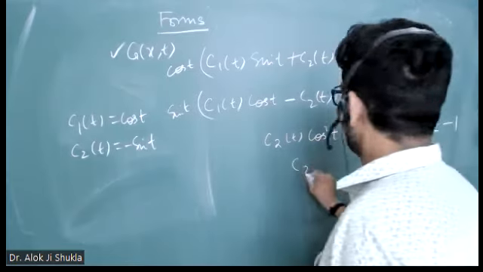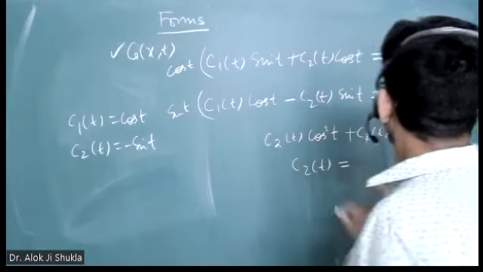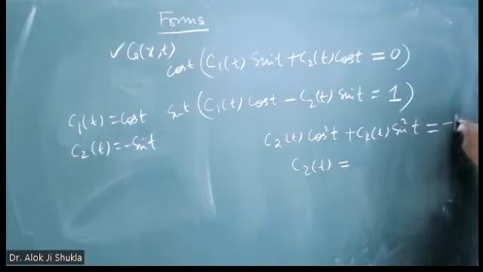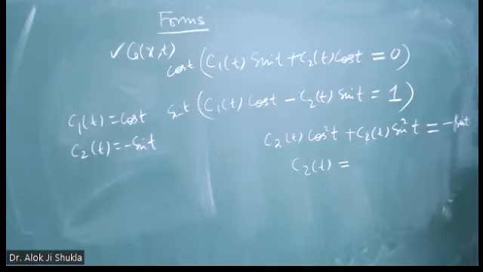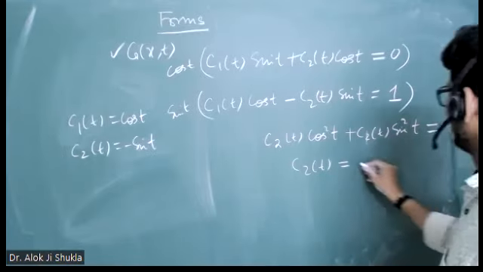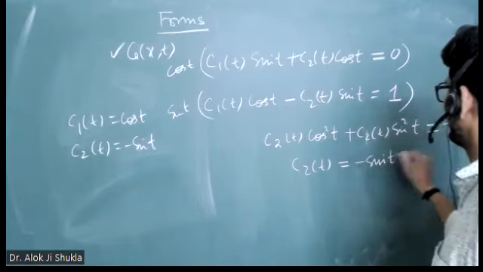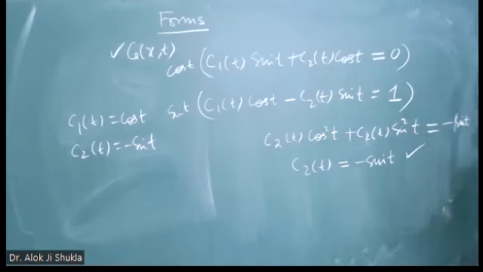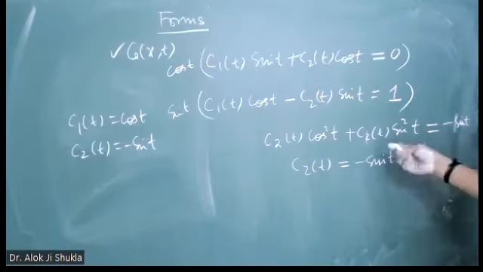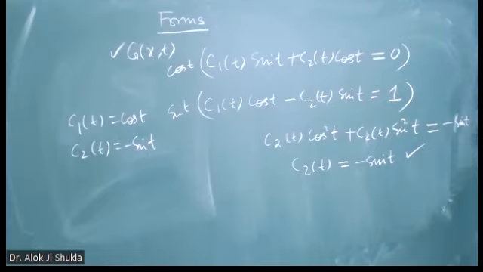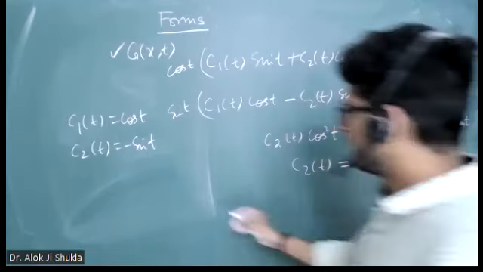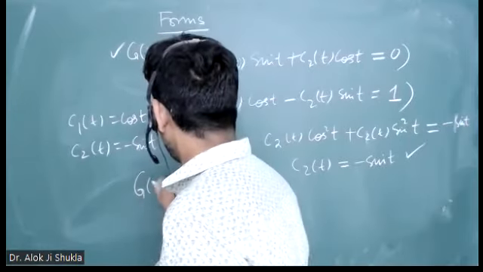So C2 t will become minus sin t. Yes, sin t. This is high school mathematics. So C2 t is minus sin t. Sir, I made a mistake, I reversed the differentiation. Yes, that's right. And C1 t you can now calculate by putting it in some equation: cos t. So for such a system, we got the Green's function as